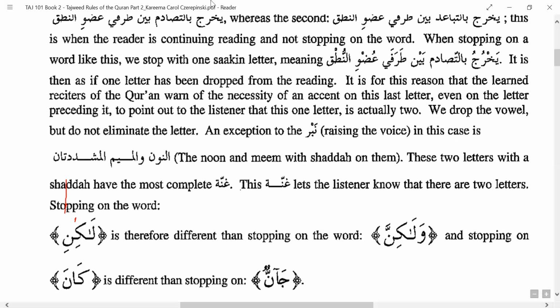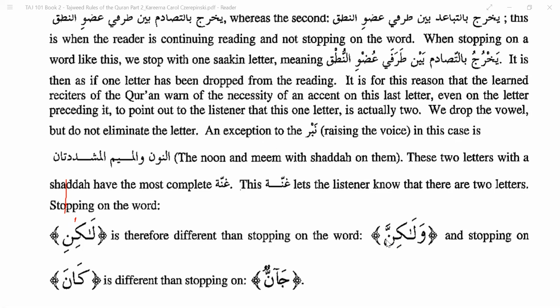If you just stop on it, you will say lakin. When you stop, how do you stop? You will say lakin. So that will sound like it is only one letter noon and you have made it as sukun. But if you see this one, lakin, you have a noon shadda. If I just stop it as walakin, I cannot hear the two noon. This and this sounds the same. Lakin, walakin. There is no difference. Whereas the words are completely different. One is lakini and one is walakin.